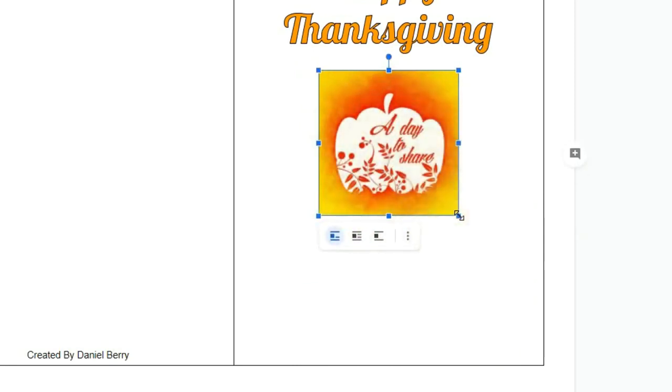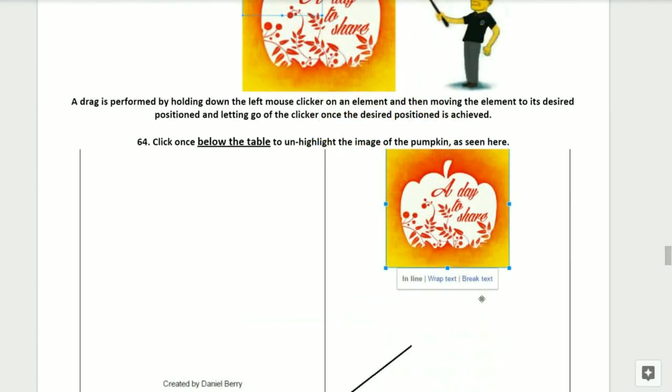Remember that you can always use the undo button to fix any mistakes. A drag is performed by holding down the left mouse clicker on an element and then moving the element to its desired position and letting go of the clicker once the desired position is achieved.